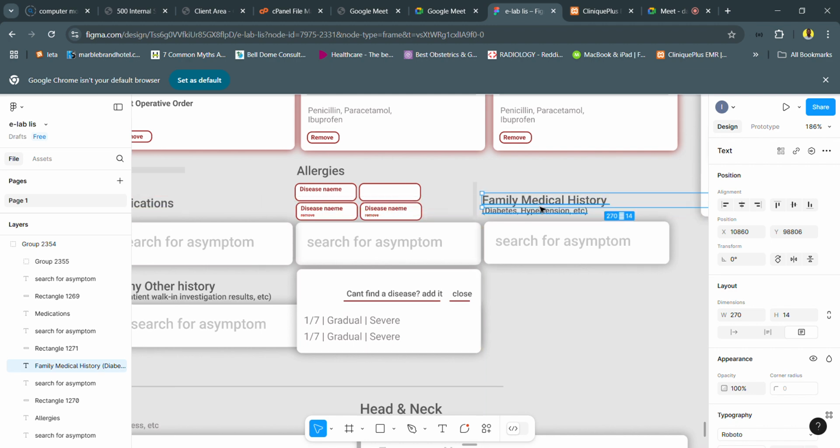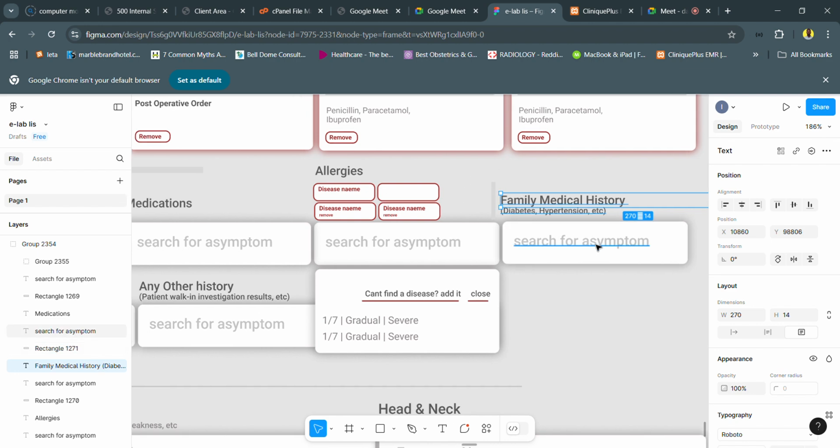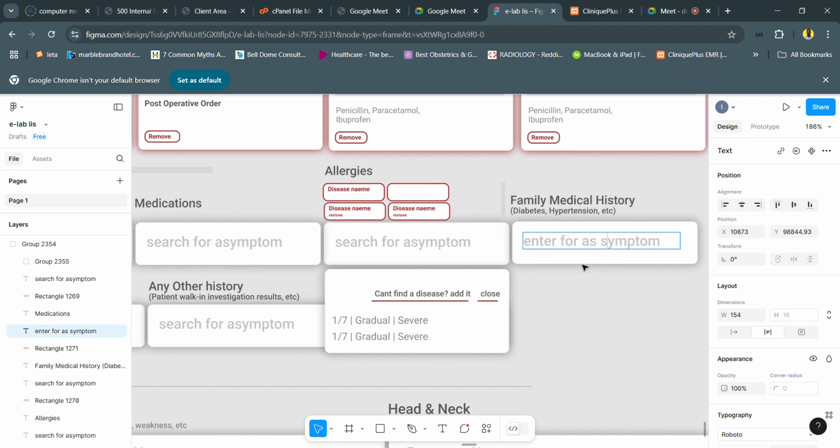Okay, so we have this now. So we just swap it. So this is going to be enter, not search. In case my placeholders are not correct, the way I'm naming them, correct these placeholders to match what we are trying to fill in. So if the allergy,